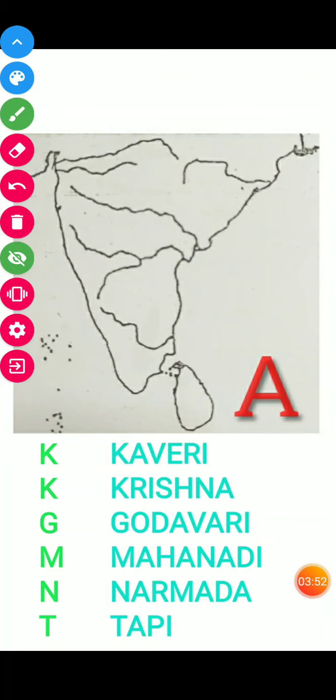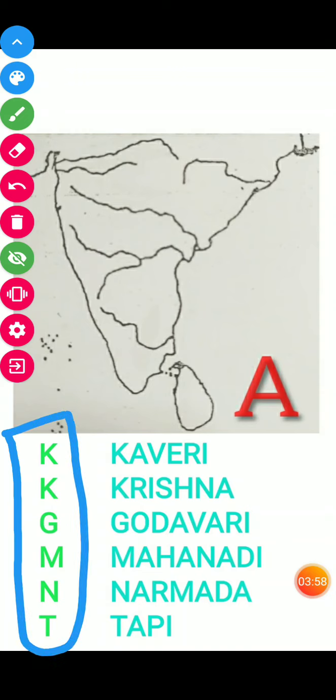So I repeat my words. You have to learn this abbreviation first, KKGMNT. When you are quite sure about this section A, repeat this 2 times, 3 times, and you are ready for section A. So Kaveri, Krishna, Godavari, Mahanadi, Narmada, Tapi.